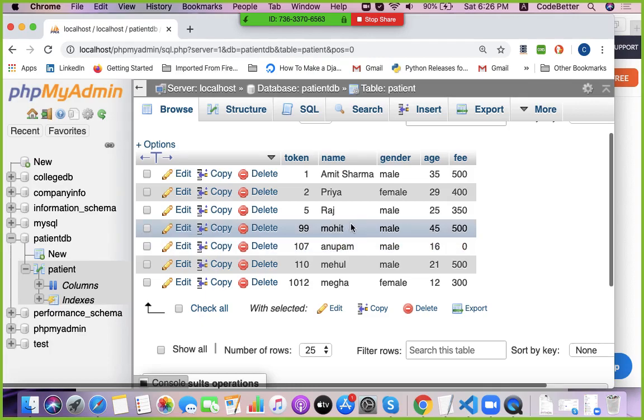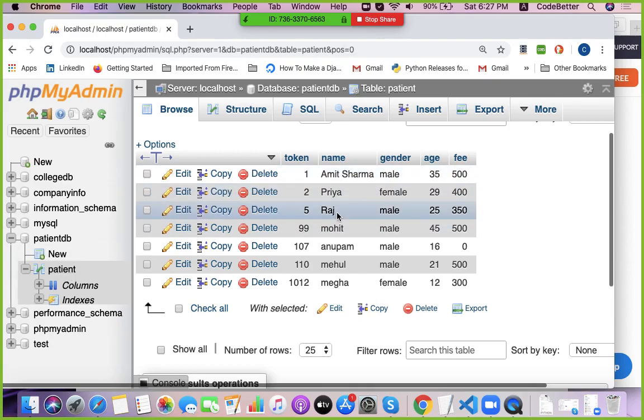We assume this token number is the primary column for identifying the patient. Now for the next visit I want to store the patient's token number, visit date, and symptoms. These three things I want to store for multiple visits of the patient.